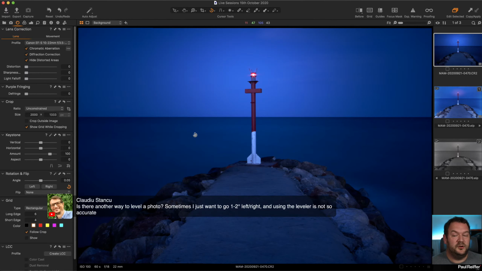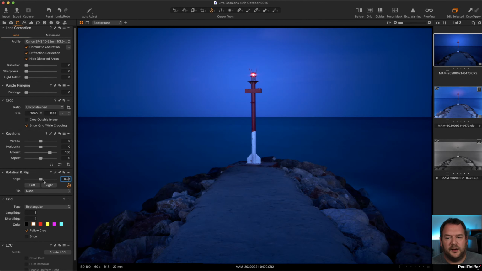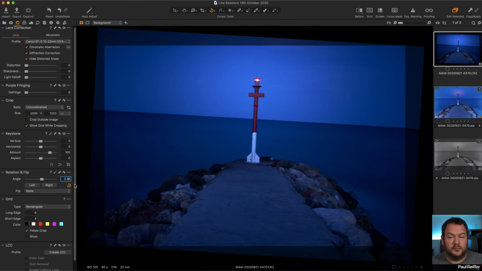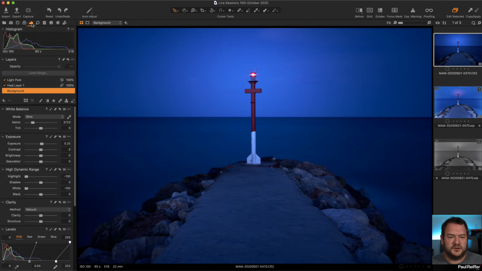So not only can you do it by 1 or 2 degrees, Claudio, you can actually do it by 0.01 degree at a time. And in here, we can use our slider and our scroller and so on to do it. But if you want to be really, really accurate, yes, you can type in an exact amount into there. So under the lens tab on the top left, go to rotation and flip. And whatever I do with our rotation tool, it's going to reflect it in there, or I can type in over the top and you get your accurate change. Okay,